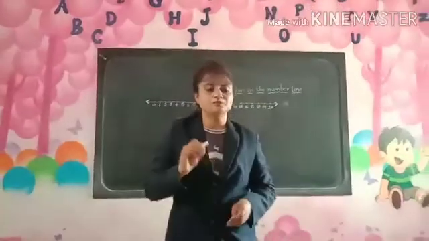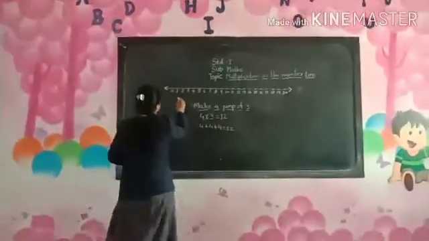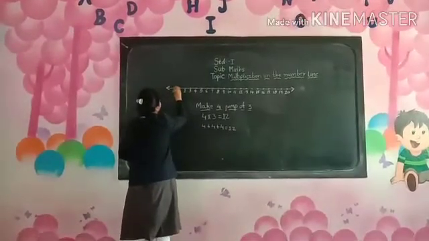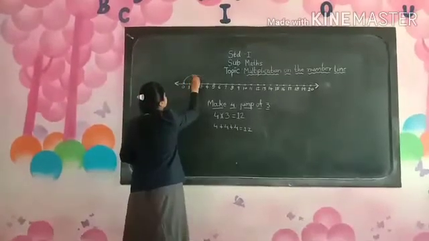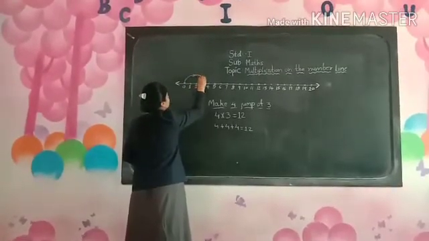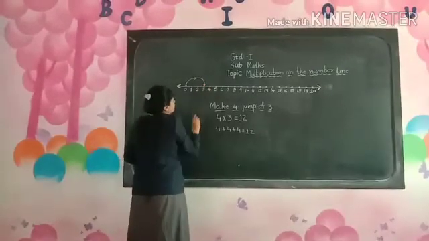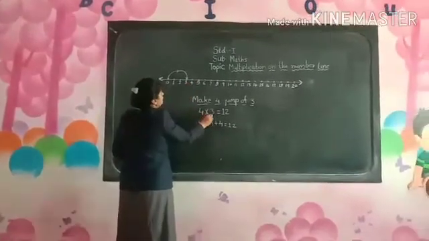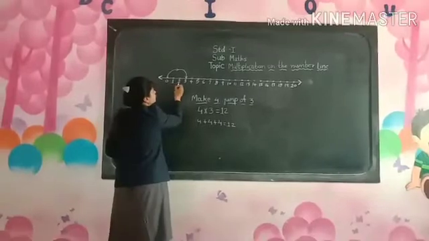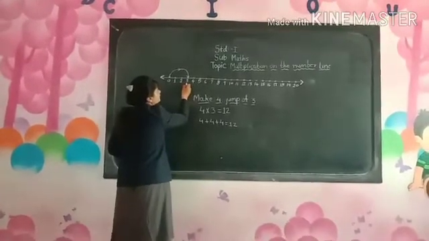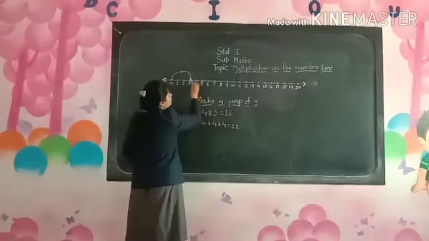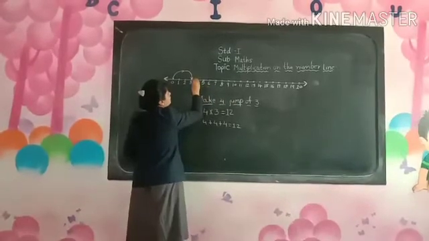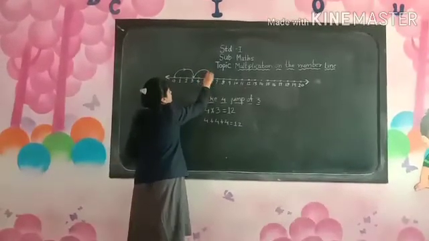Now what we will do, first we will start from the 0 line. Now we have drawn from 0 and it will come to 3. Remember children, they said 4 jumps. Now this is 1. How many are in the 3? We have to count from here: 1, 2, 3. Now this will be the 3. See another jump, you will take from the 3 itself. You have to start from here. Then this will jump and come to 6.